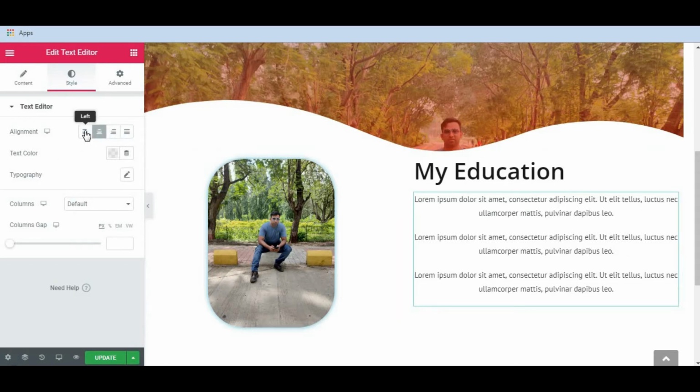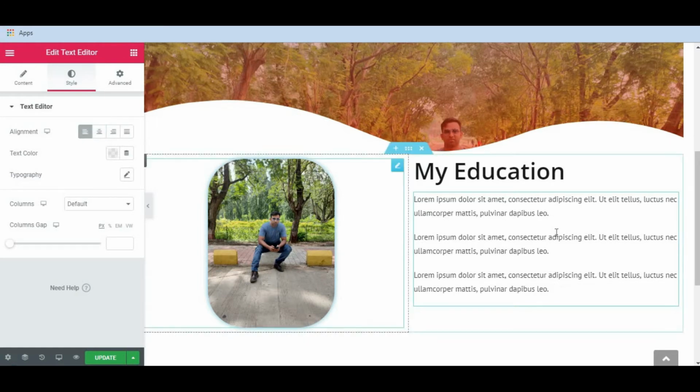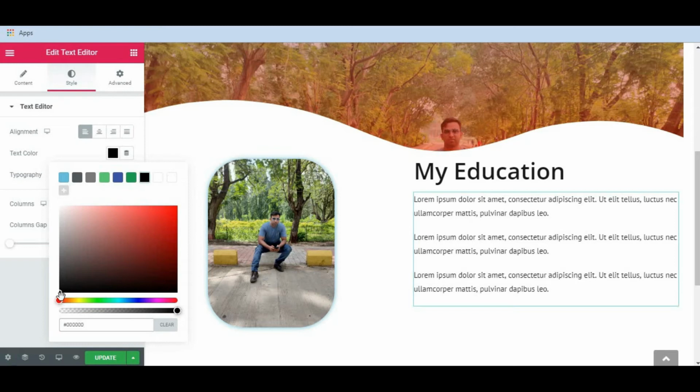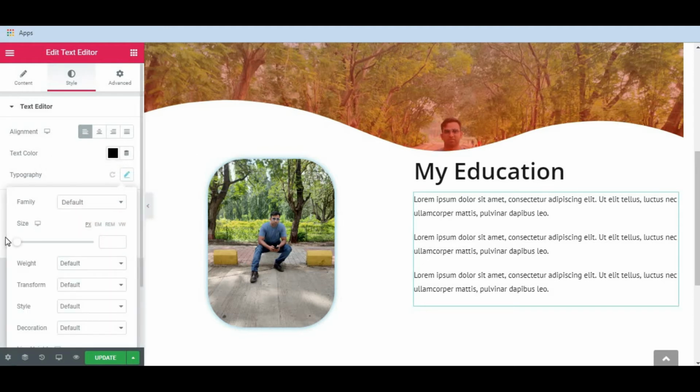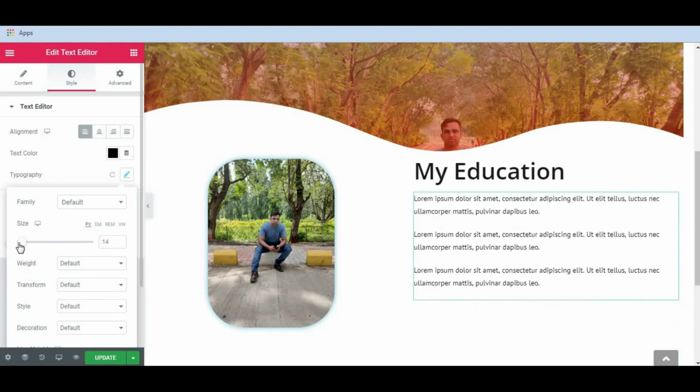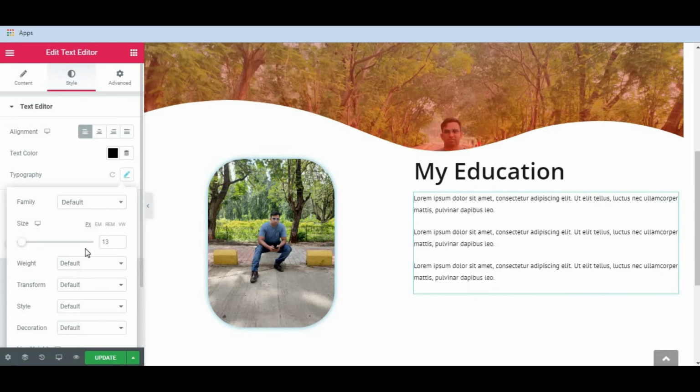So I will keep left only. And text color black, or you can change other color also, like light blue, green, black, but I will keep black. Typography, you can increase the text editor size, but I will keep default.